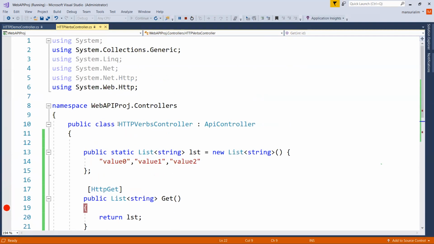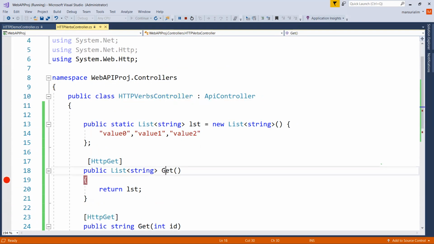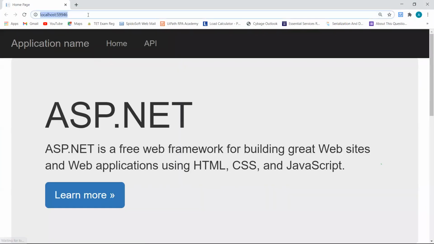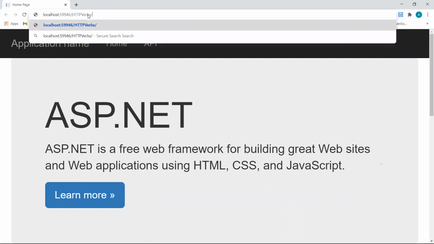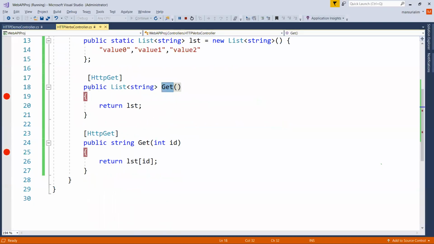As we know, we have to provide our controller name slash our action name, right? So the controller name is values, and the HTTP verb slash action name is get. So we have decorated this method with HTTP get